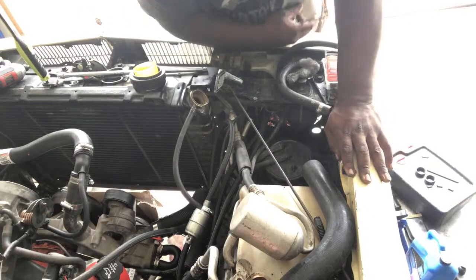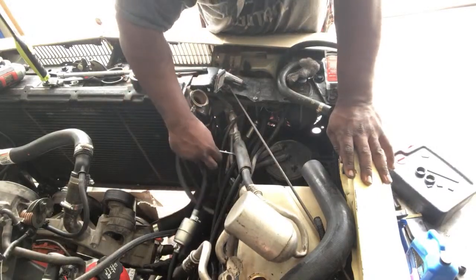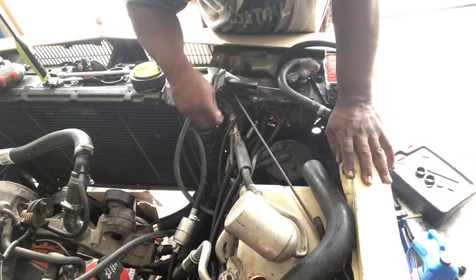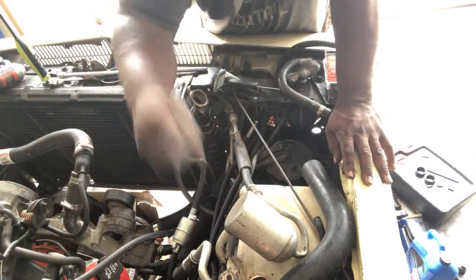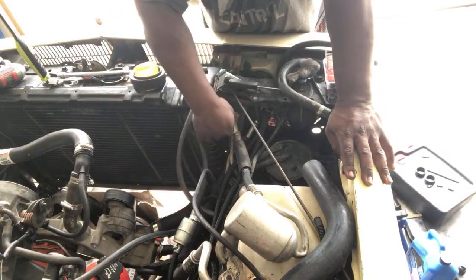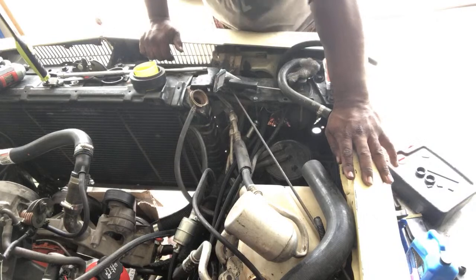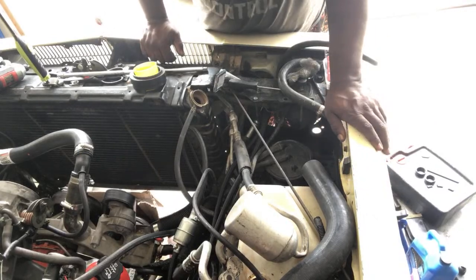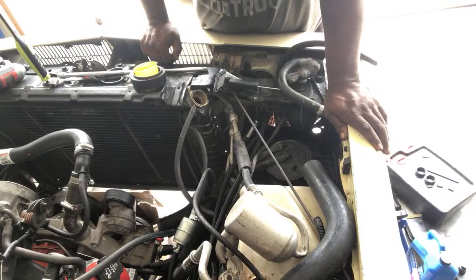I was also thinking about going ahead and taking out this radiator, or not radiator, these AC hoses, being that we're not running AC. I'm not gonna destroy it and get rid of it. I'm just not gonna run it right now. So let me see if I can find...